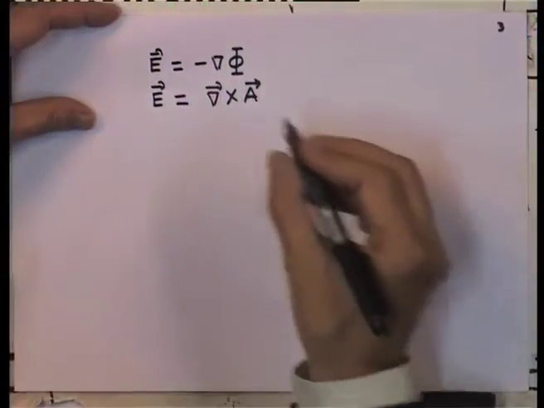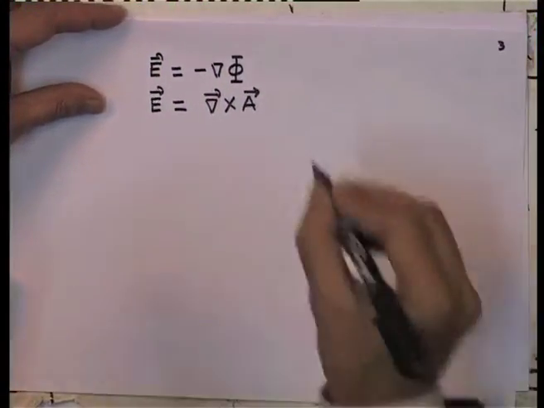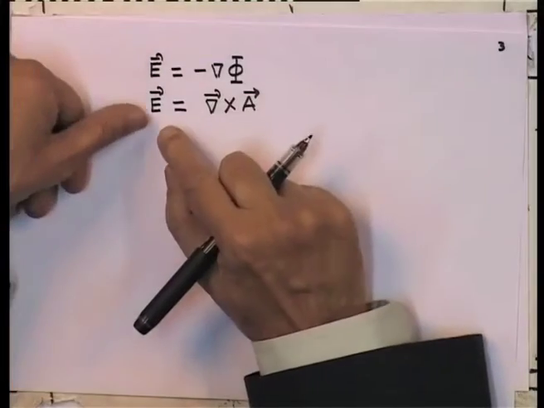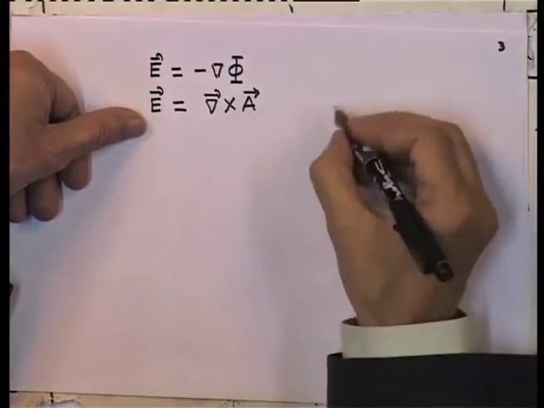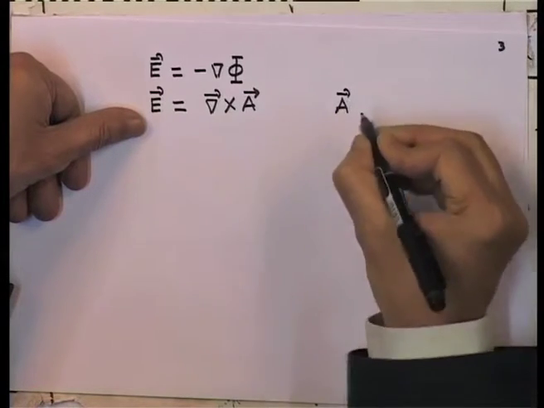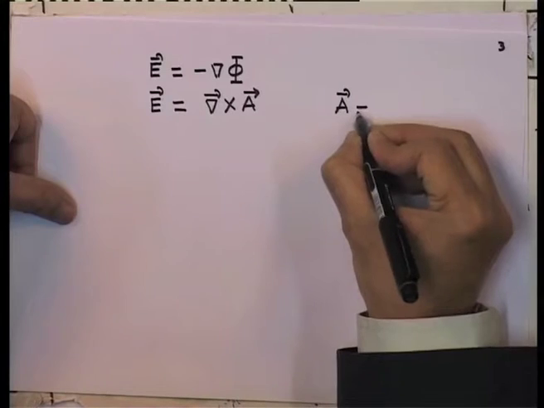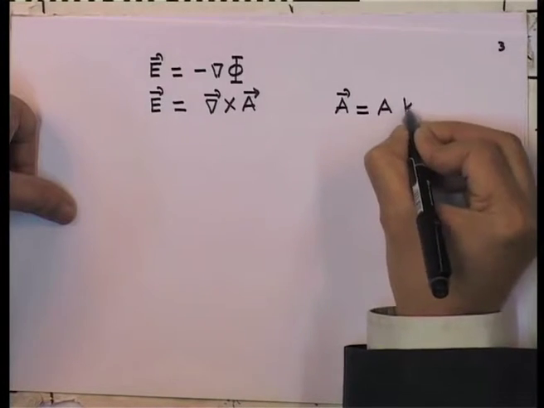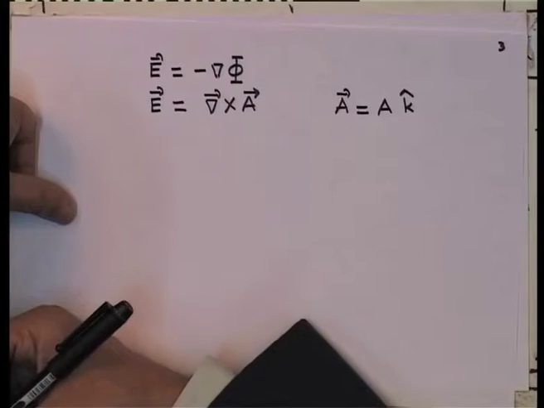That is precisely what we are talking about. So, what we are saying is this: suppose I have an electric field which is a directed quantity. Let me say that this field is in 2 dimensions, let us say in the x y plane. Then I can define a vector A, which, because my electric field is in the x y plane, has to be along the z direction or parallel to the z direction. So, A must be equal to A times the unit vector k.